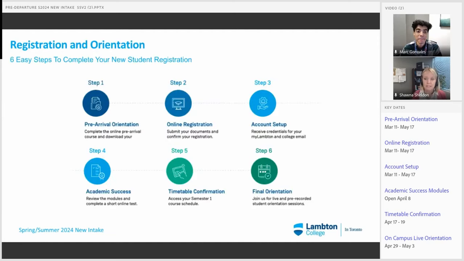The registration and orientation process, 6 easy steps. Step 1 is pre-arrival orientation. Step 2 is the online registration. Step 3 is the account setup. Step 4 is the academic success modules. Step 5, you'll complete your timetable confirmation. And then step 6 is when you'll be joining us on campus for the orientation sessions that are here at